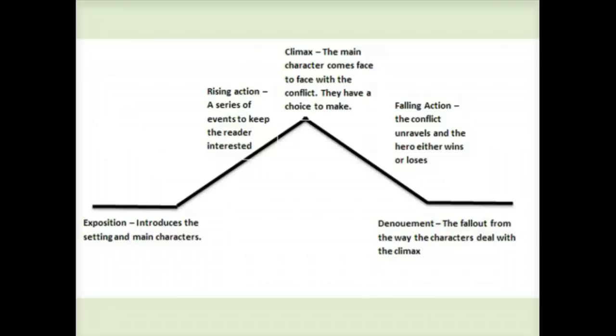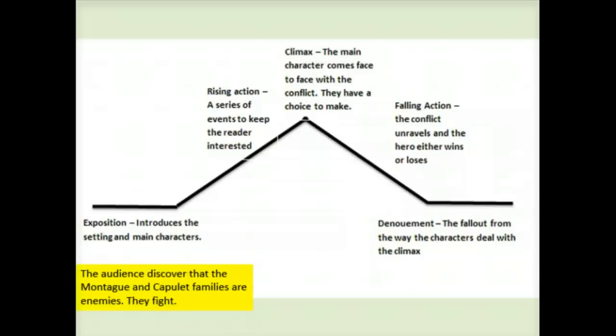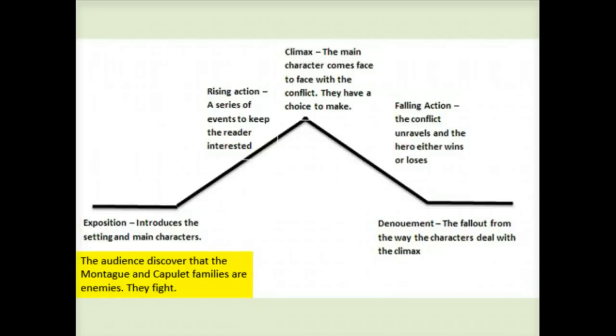Now, if we apply that to the play Romeo and Juliet, then we can suggest that we are about to be here in Act 3 Scene 1, the climax, the big moment, everything's building up to it, where the main character, Romeo, comes face to face with conflict and has a choice to make. So following this dramatic structure of Freytag's pyramid, we expect some stuff to kick off in this scene,